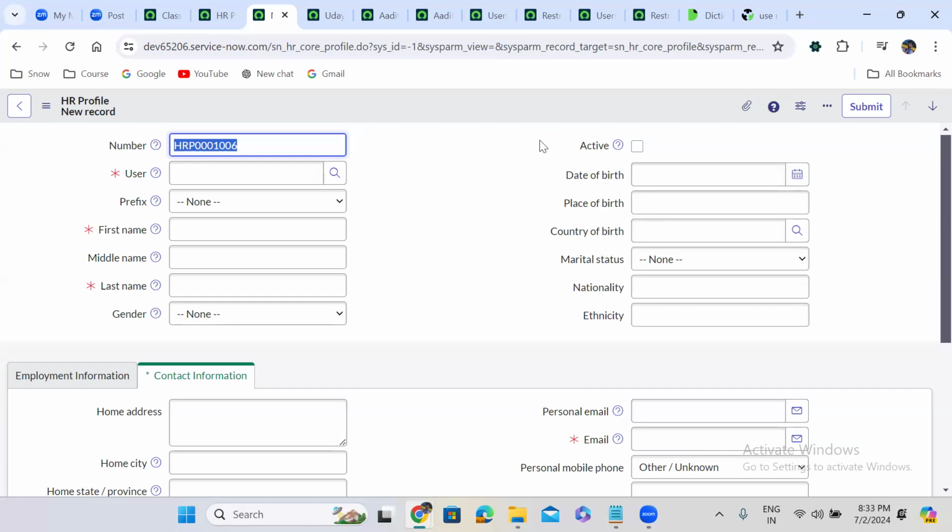Whatever concepts we are explaining here are all useful in every application, because every application is built using tables. Without tables, there is no concept in ServiceNow. Even HRSD is built from tables only. Now you understand, right? Even if you go to CSM, customer service management is also built using tables only. They'll create a table in customer service